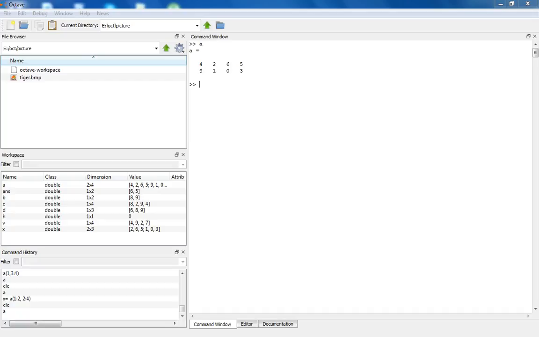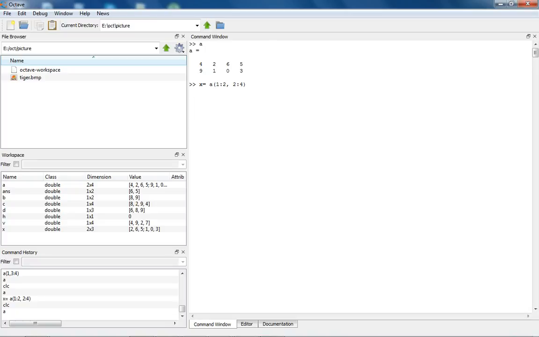Other command to access the 2D array is this: x is equal to a of 1:2, 2:4, where x is the output variable, a is an array, where 1:2 represents rows starting from the first row to the second row, in both the rows, where 2:4 represents in both the first row and second row the numbers starting from the second position till the fourth position are retrieved.